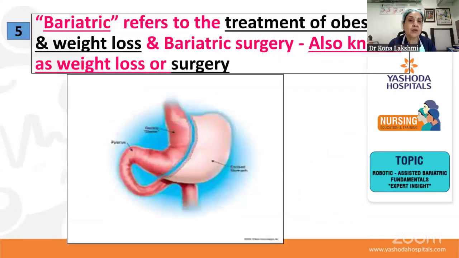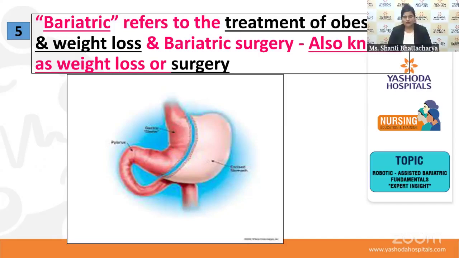The chemicals that counteract these fat-induced chemicals all come from the intestines and the stomach. By reducing the stomach size and bypassing certain segments of the small intestine, we are able to generate a chemical change which can tackle the bad effects of the chemicals produced by the fat. That is bariatric surgery. There are a lot of types, but in the next series we will discuss the types of bariatric surgeries in very simple terms.